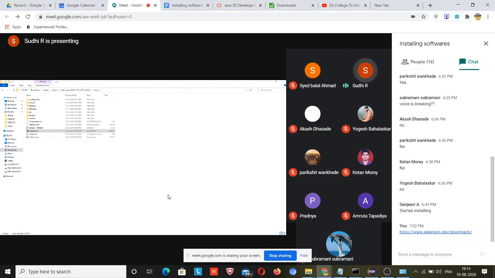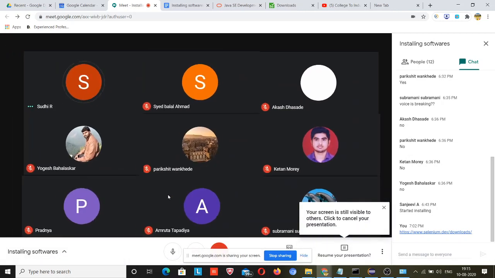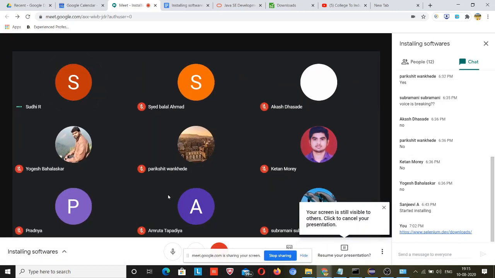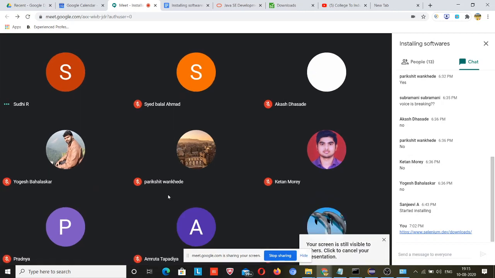You are sharing only the Windows screen. Change to full screen. Stop sharing and then share again with full screen. You jumped into the Windows, that's why it was unable to show.